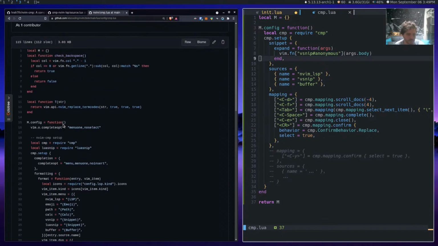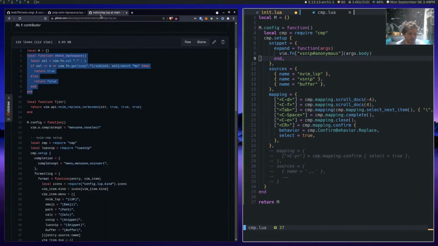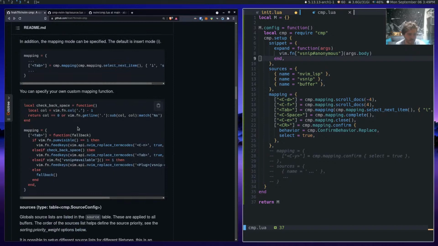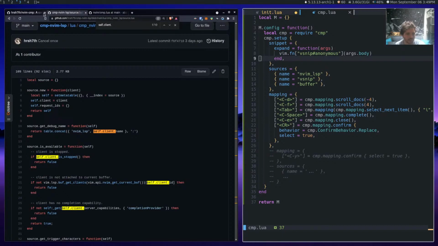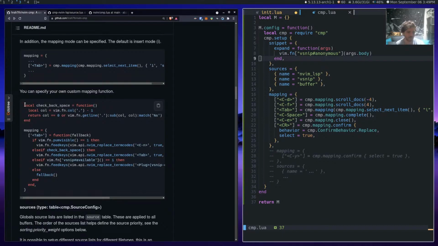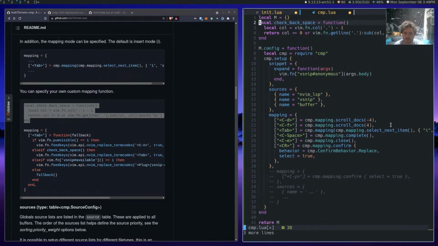All right, let's grab some pieces from this. So we got the check backspace. I'm assuming you just grabbed that from somewhere in Compe, right? Yeah, this thing. It's probably the same, right? Yeah. True, false. Maybe not. It looks like it's a little bit different. Yeah, how come you can't just return the Boolean? Like, why can't you just return this line? Right? Because it's an equal, it returns a Boolean. So we'll grab that, and we'll throw that up here.